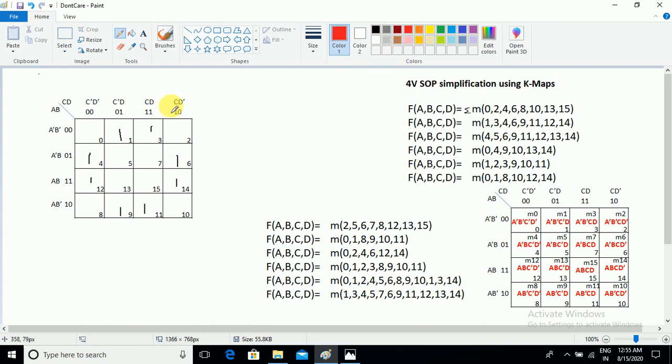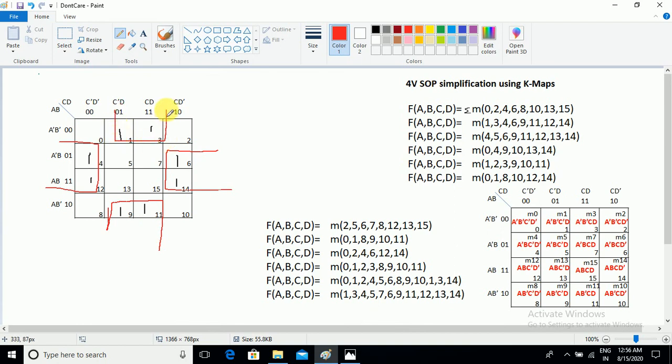We need to follow the folding paper method. One is a horizontal folding, another one is a vertical folding. Just follow this procedure. If you take the folding vertically, then what could happen? 4 6 will touch each other, 12 14 also touch each other, so that we can create the 4 cell grouping. Okay, 4 cell grouping. And if you fold the paper horizontally, 9 11 will touch each other, and 1 3 will touch each other.